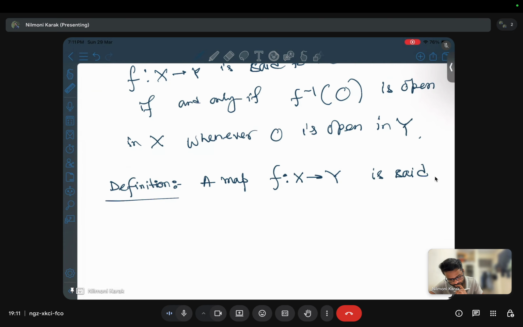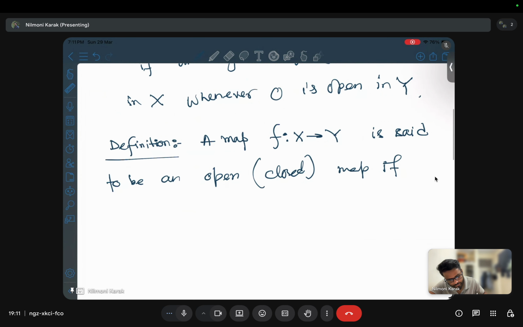There is nothing to say differently; we can talk about it simultaneously. A map is said to be an open or closed map if